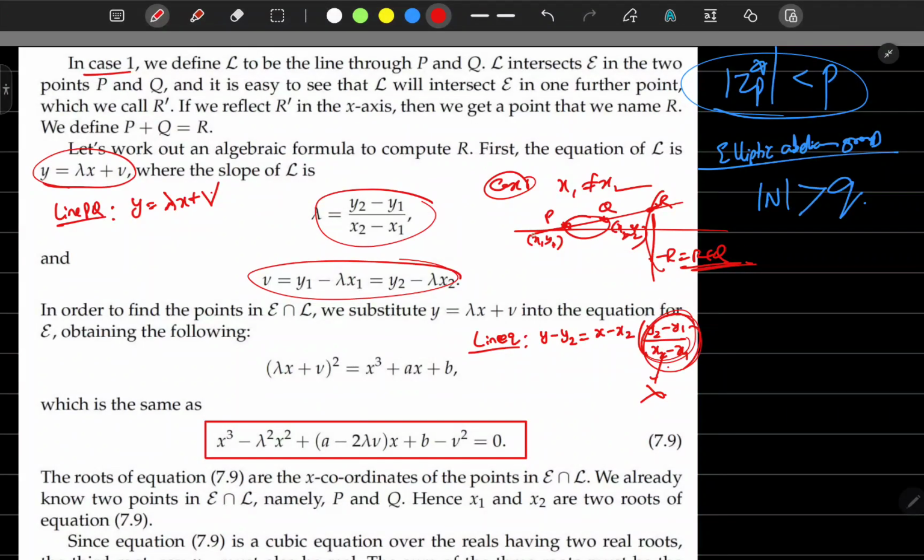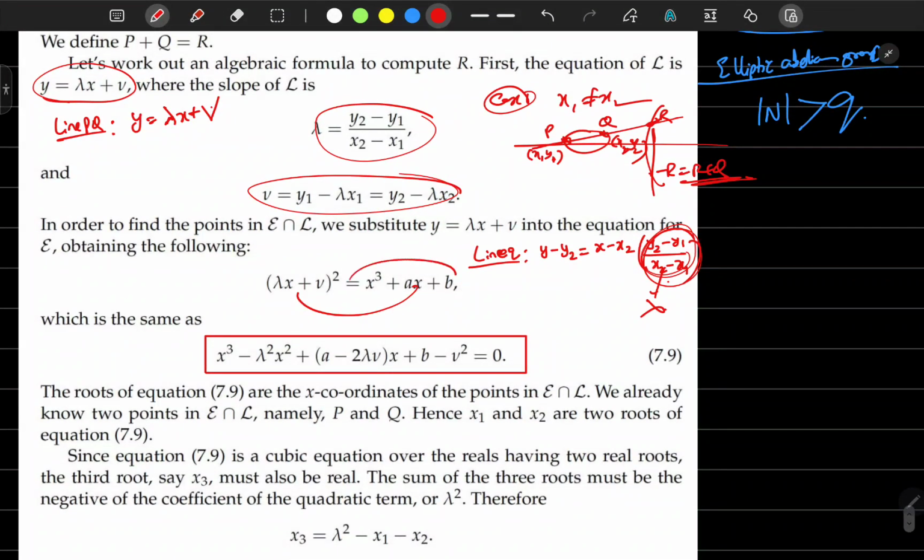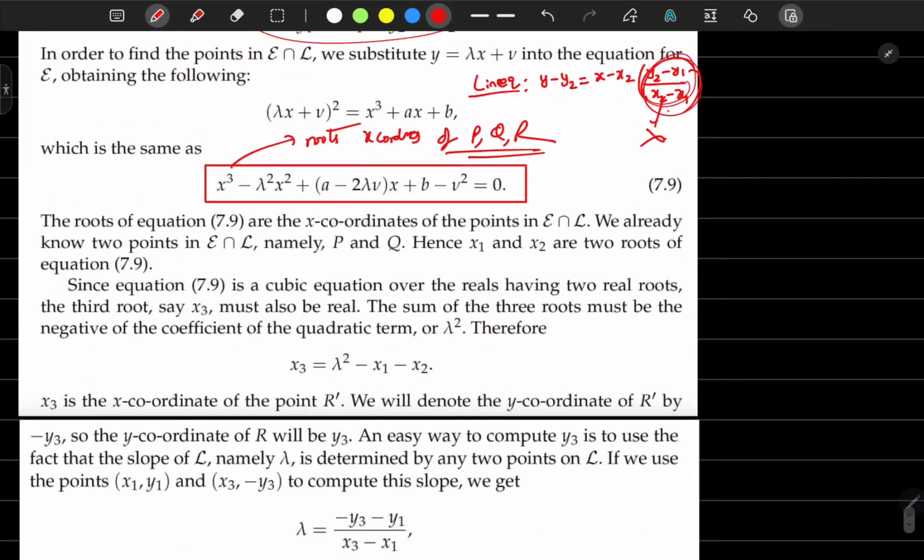Okay, see, this is nothing but mathematics again. This is a curve equation, and this is a line equation. By substituting the curve in the line equation you will get a cubic. So for this equation the roots will be nothing but the x coordinates of p, q, r. Okay, so from this equation we know x1 plus x2 plus x3 equals minus